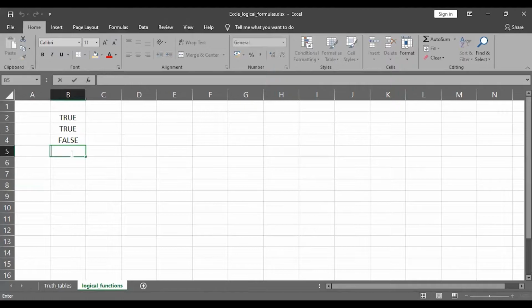Okay. Now we can also use cell references, for example if I'm having 10, 20, 0. You can also provide AND of 10, comma 0. So it is going to return me false. And now if I provide 10 and 20, it is going to provide me true in this case.